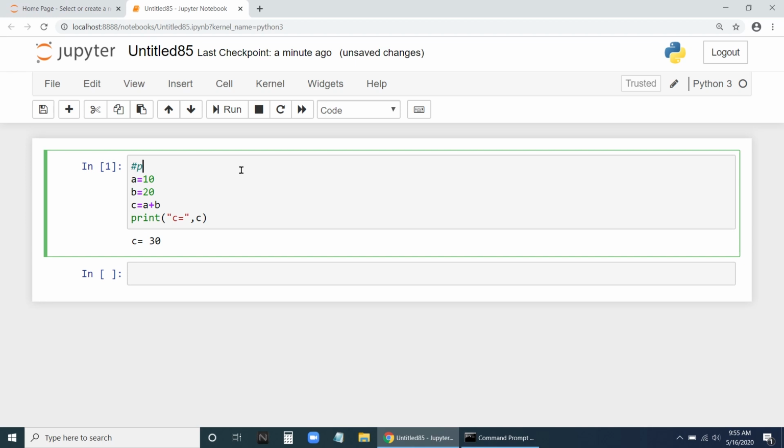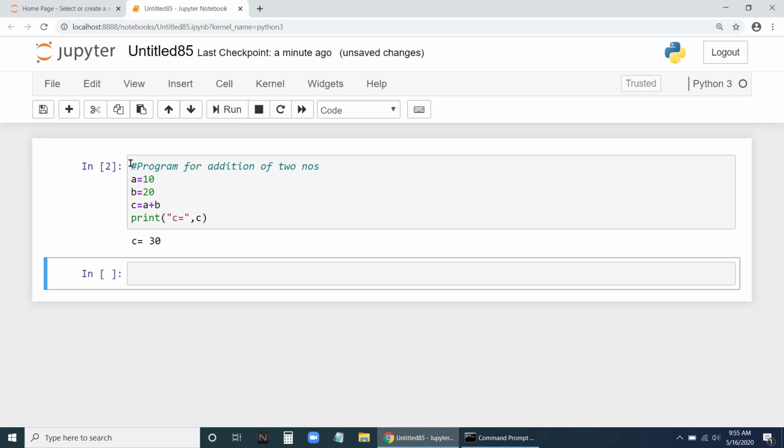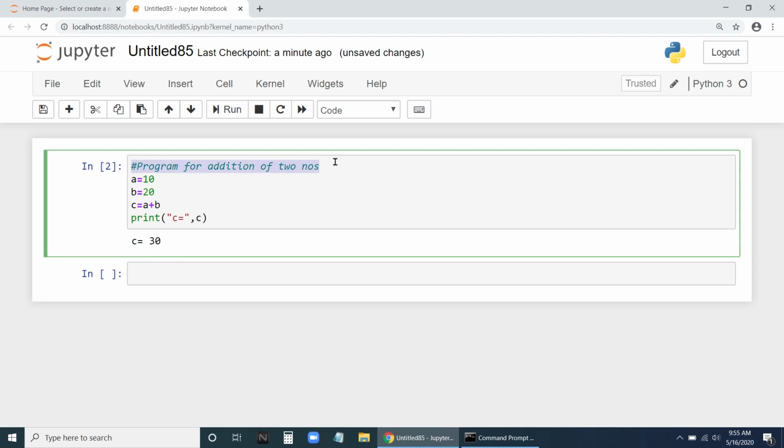Let us write: This is a program for addition of two numbers. I'll write P capital here. Program for addition of two numbers. Let us run this. Now you can see this particular line will not have any effect on output.